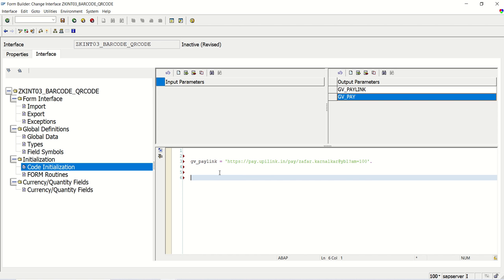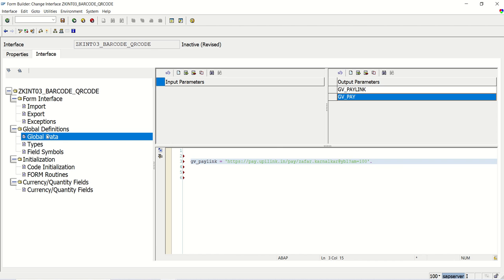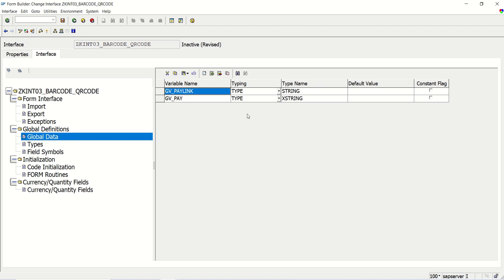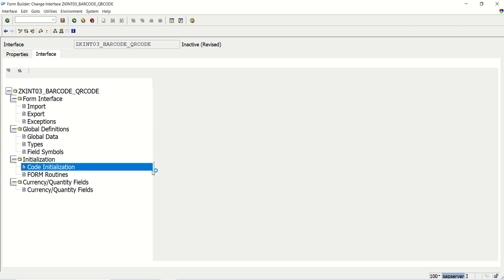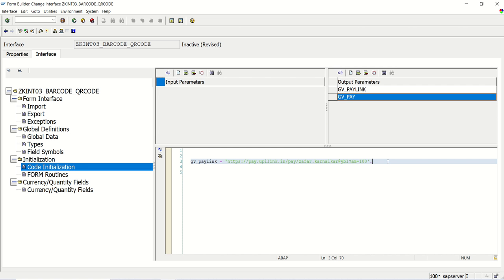Now, second thing, what I want: using this link I want to generate a QR code. Fine, so it is very simple. Define the data element in the same way first. In the global data, one is string and one is X string. Now again in the code initialization, what we have to do here,